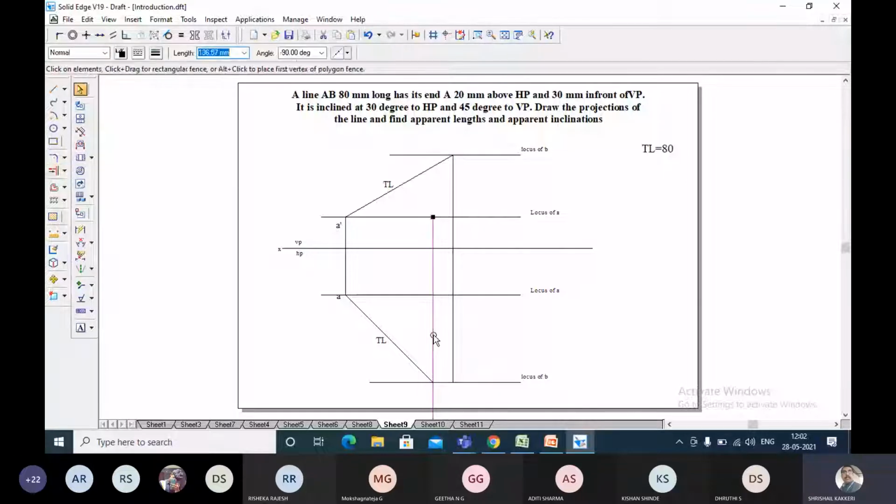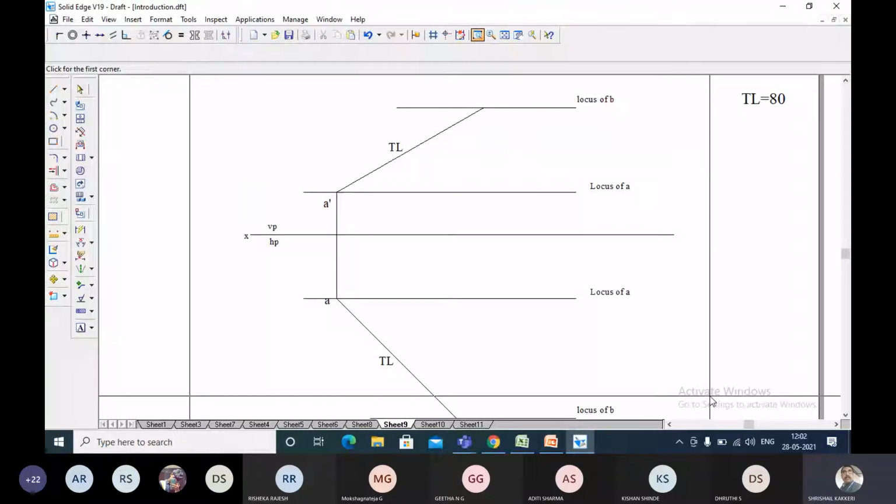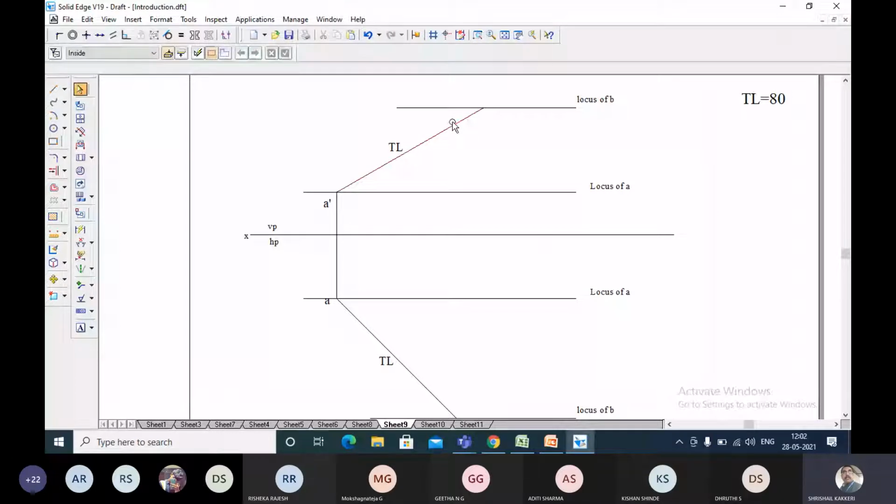Now with this, I want to solve the problem. Are there any problems in the initial conditions? Kindly let me know. I want to do the problem now. So the problem is that we have to find the true length and apparent length in the front view and its position, and the true length and apparent length in the top view and its position. That's all. For all the problems we have to do them.